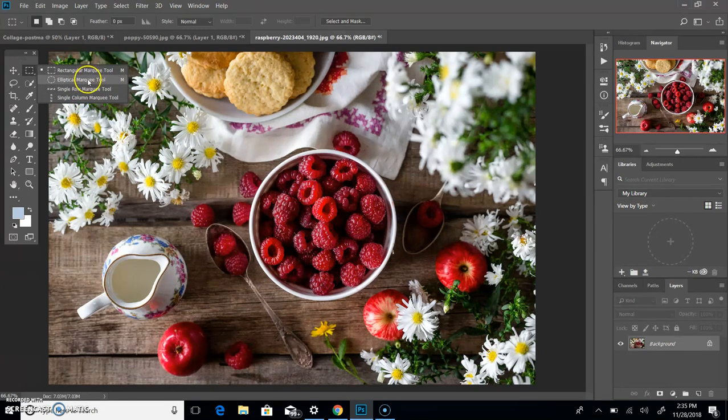I want to select this bowl of raspberries, so I'm going to choose the elliptical marquee tool. That will let me choose oval or circular shapes. One option I have is I can click in an upper corner, drag across. If I hold shift, it stays as an actual circle. If I let go of shift, it becomes an oval. So I'm gonna keep shift,